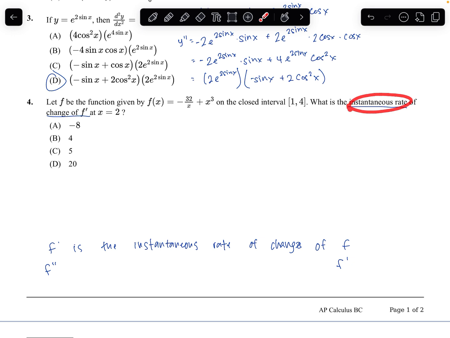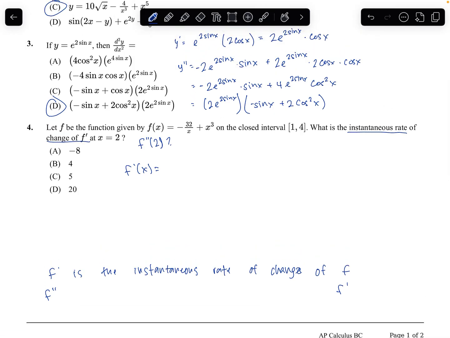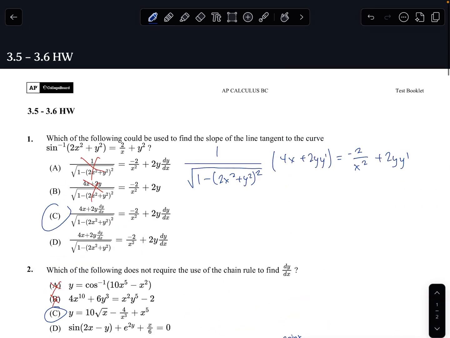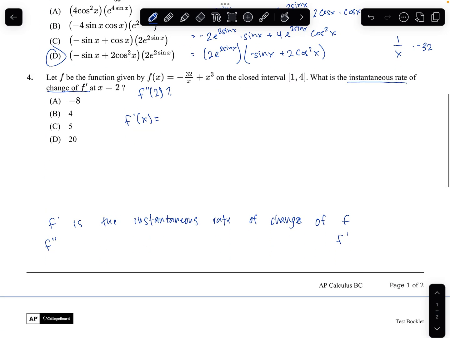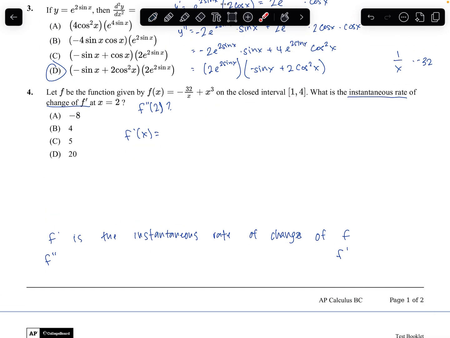So that's some tricky wording right there. What is the instantaneous rate of change of f prime? It's asking for f double prime. So basically the question is, what is f double prime of 2? That's what it wants. So f prime of x is going to be equal to negative 32 over x. Now that's the same as 1 over x times negative 32. So I'm just taking the derivative of 1 over x. The derivative of 1 over x, like I mentioned way up here, is negative 1 over x squared. So with that negative and 32, it's going to be positive 32 over x squared